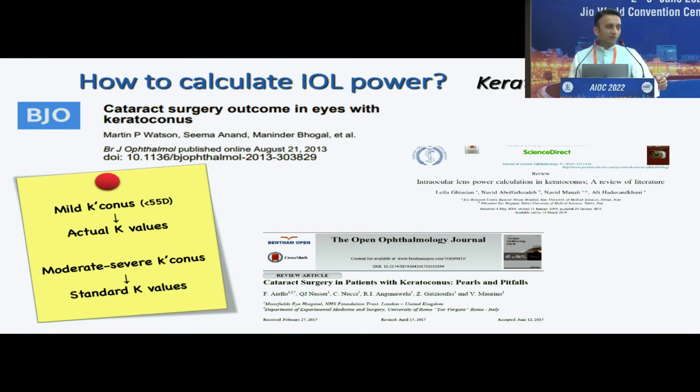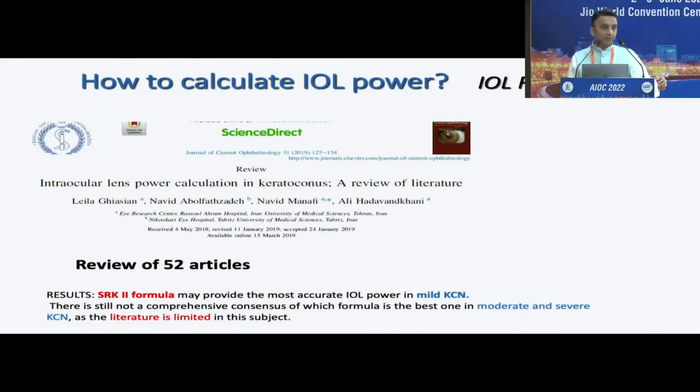But what we know from the literature is that in mild cones, you can go for actual K values, but in moderate to advanced cone, you may have to take standard K values. So we know that irrespective of whatever we select, there are chances that we may be off target. So make sure you explain that to your patient. Coming to the IOL formula. Now, again, there are a lot of publications about that. Some of the good publications